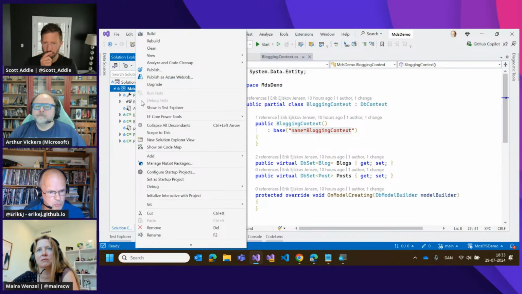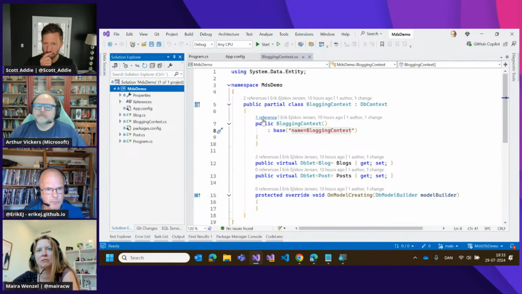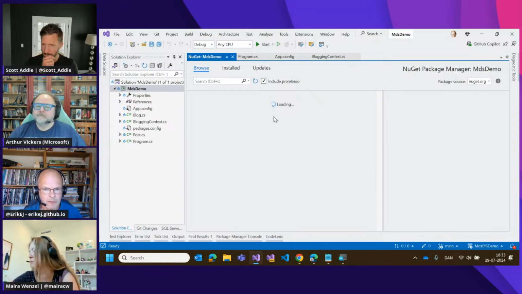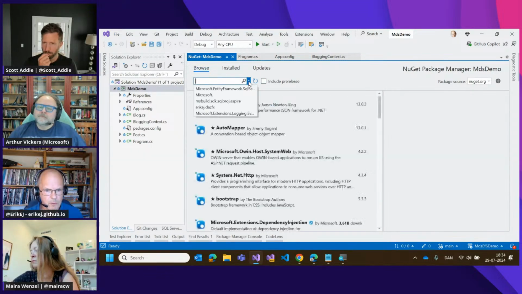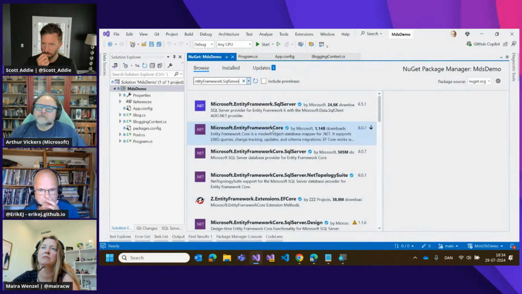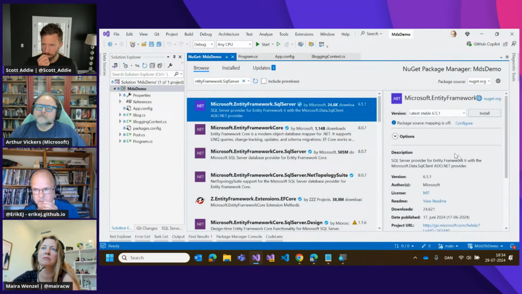So I will go to manage NuGet packages and not include pre-release. I will locate this new package that we just looked at on nuget.org.